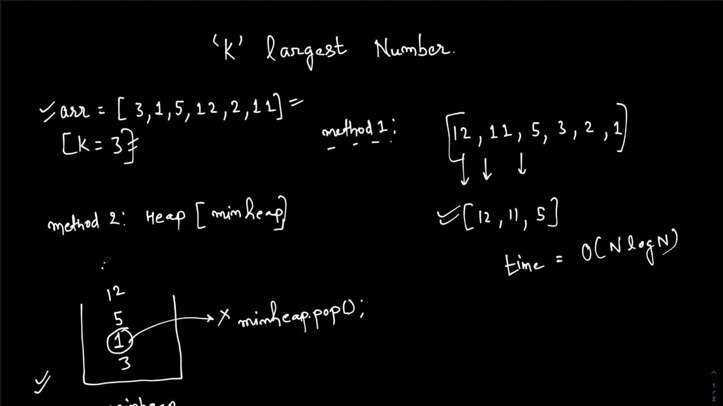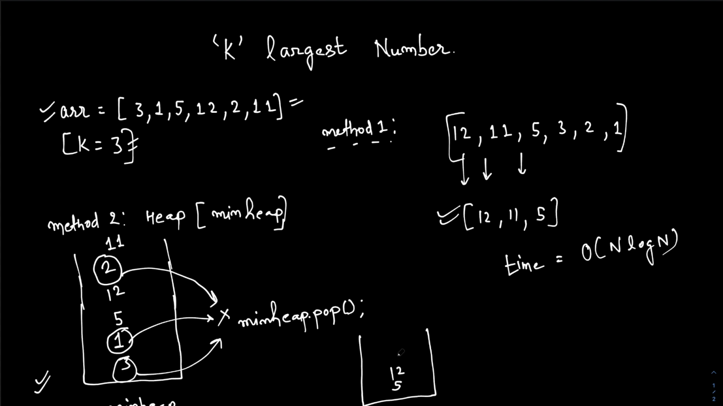After that we'll push 2. Here again the size of this heap is greater than 3. Now I'll remove the smallest element in this heap by the same method. Now I'll put 11 inside this one. Now the size is 4, which is greater than k, so I'll remove the smallest number, which is 3. Now the remaining heap elements are